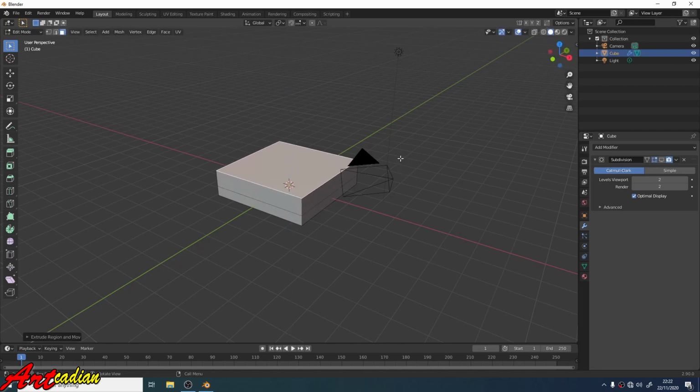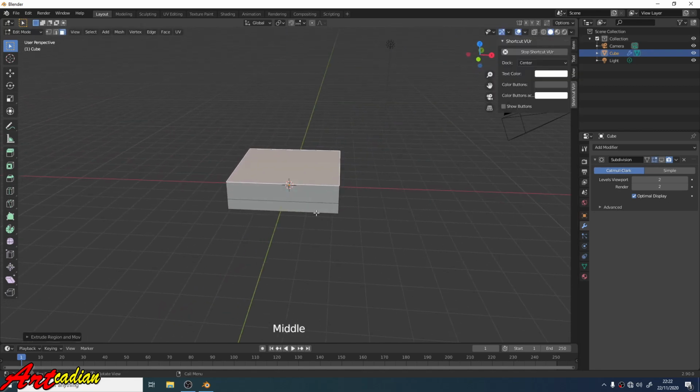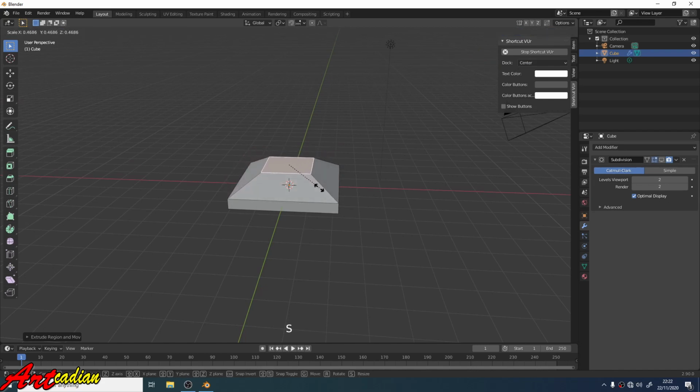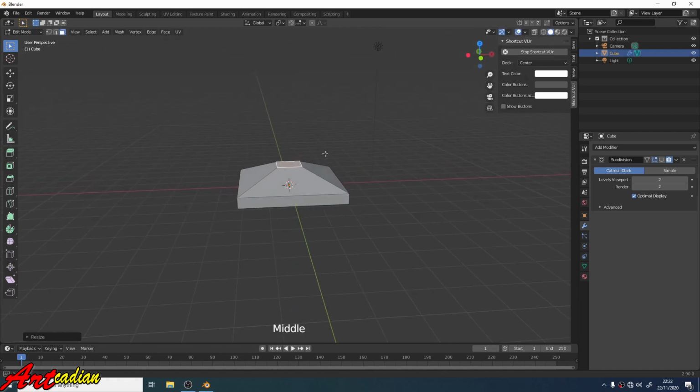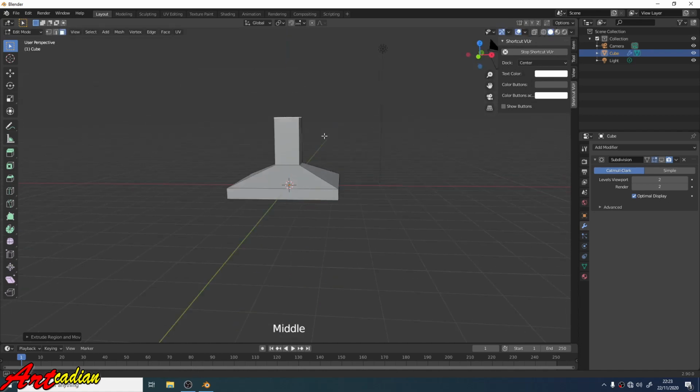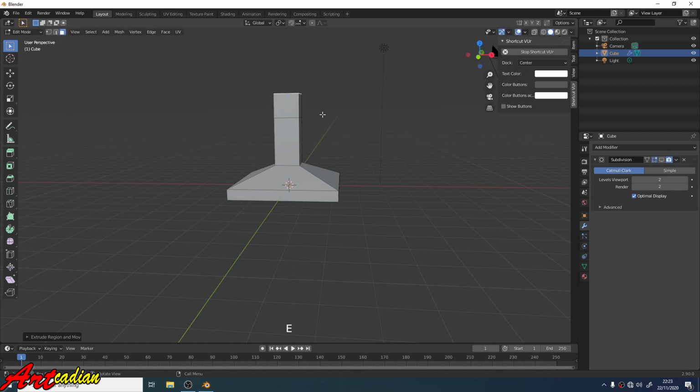E to extrude. Then press S to scale. E to extrude. E to extrude. Then press S to scale.